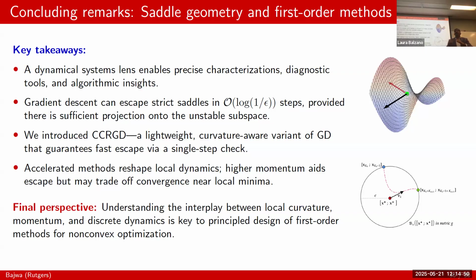Perturbed GD keeps on saying, add noise, continuously add noise. It's not clear if that's the best thing. And also, that can throw you off when you get closer to a local minimum. You don't want to do that. So that's the first part of your question. The second part is